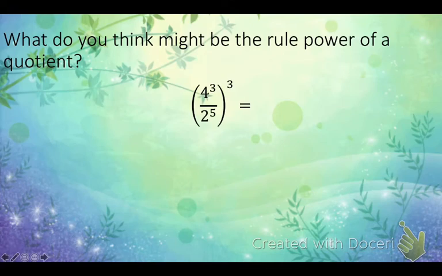All right, so last thing we did was the power of a product rule, and I think what we came up with was keep the base and distribute the exponents. So when I have a power of a quotient, it's not much different. If I were to expand this, I would get 4 to the 3rd